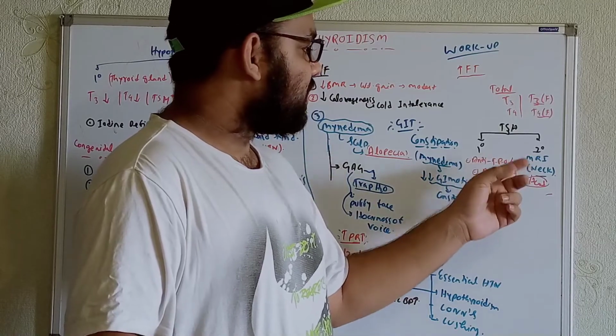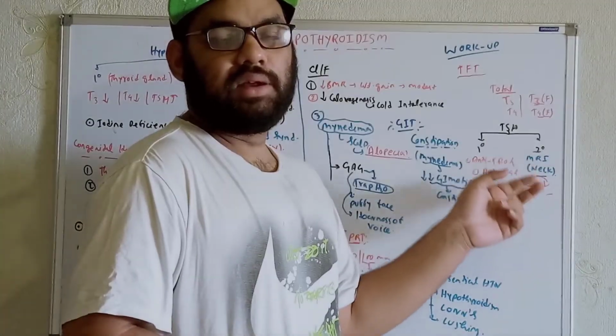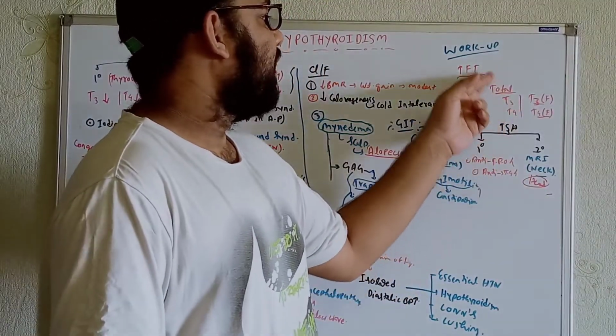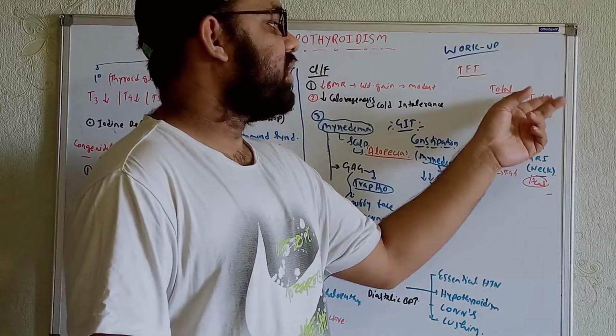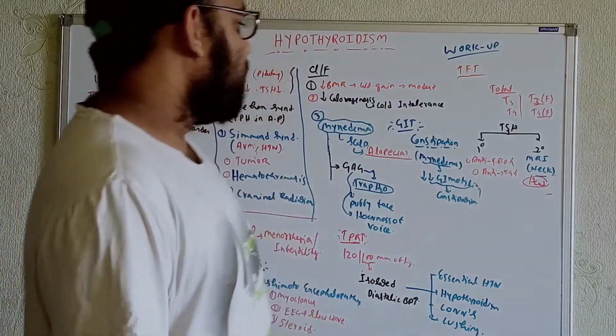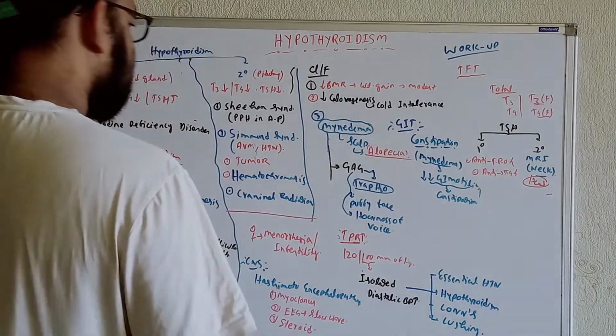But in case of the secondary, if the problem arises at the secondary level, we can do the MRI at the level of the head. Okay, so we can do these two things. And in terms of the thyroid function test, we have already explained that we can do the T3 and T4 in the free form. Now we'll talk about the other types of tests, MRI, USG, ultrasound, whatever things we can do in these cases.